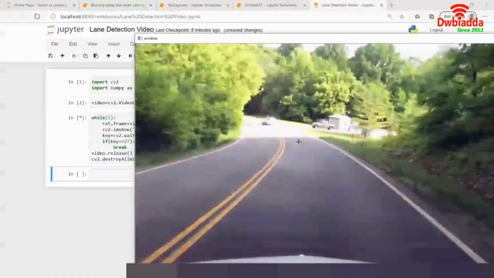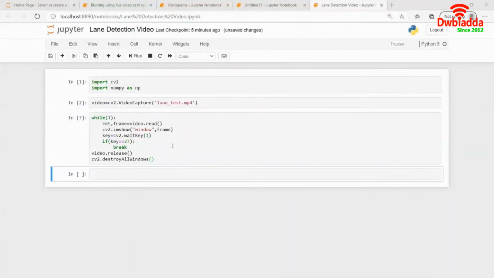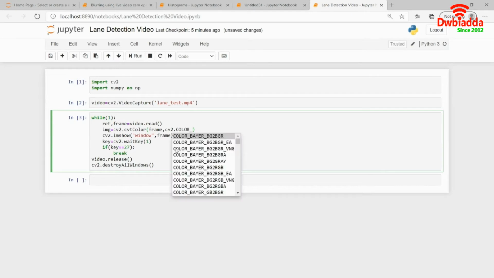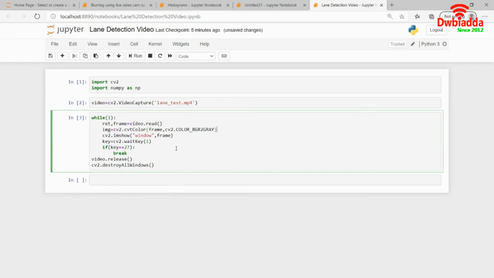I will close this video right now, and then I'll be converting this frame into a grayscale image because I need to find the edges as well. I will give the name as img, and I will use the cv2.cvtColor method, passing in the frame and then cv2.COLOR_BGR2GRAY.